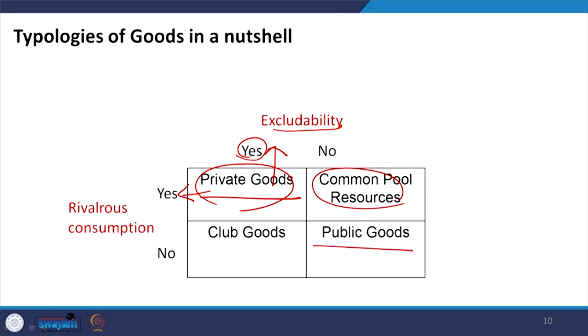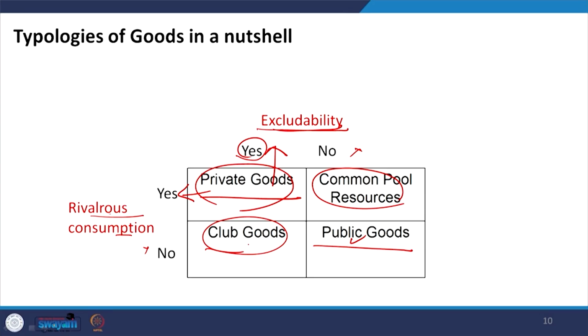And in the case of public goods, as you understand, it is non-excludable. So this excludability criterion is not satisfied, and the rivalness criterion is also not satisfied for public goods, right. And if you talk about the last one that we have already discussed, that is club goods, here